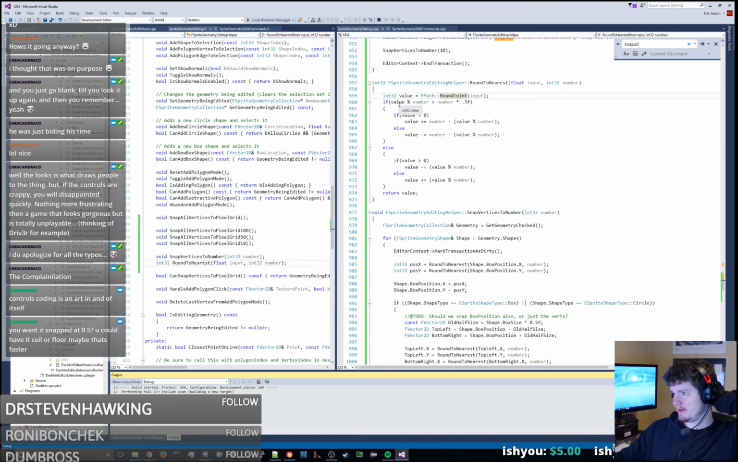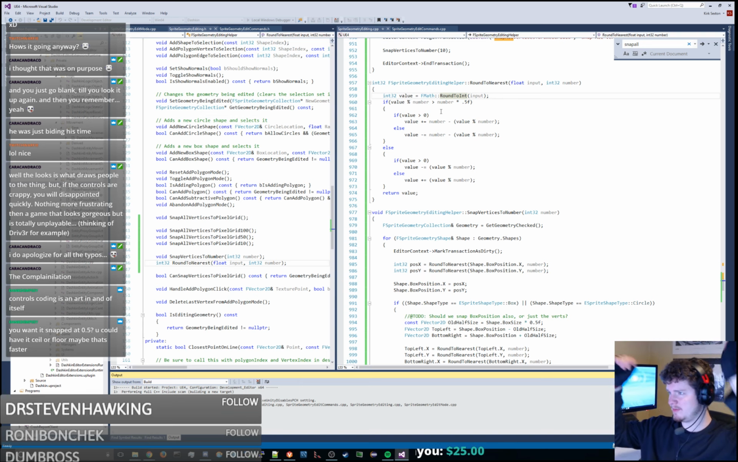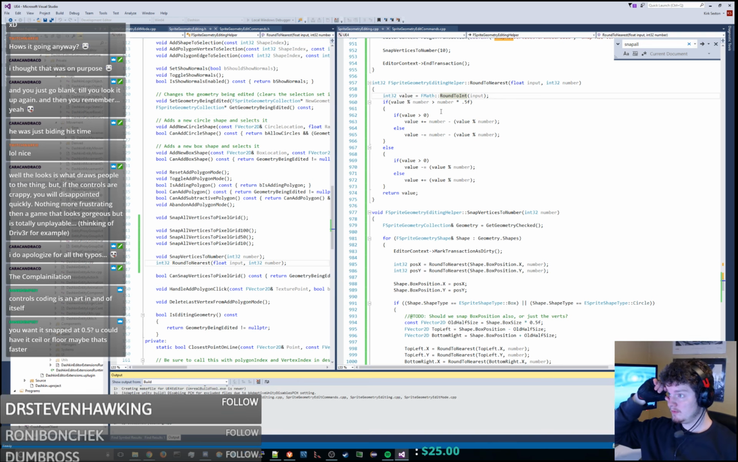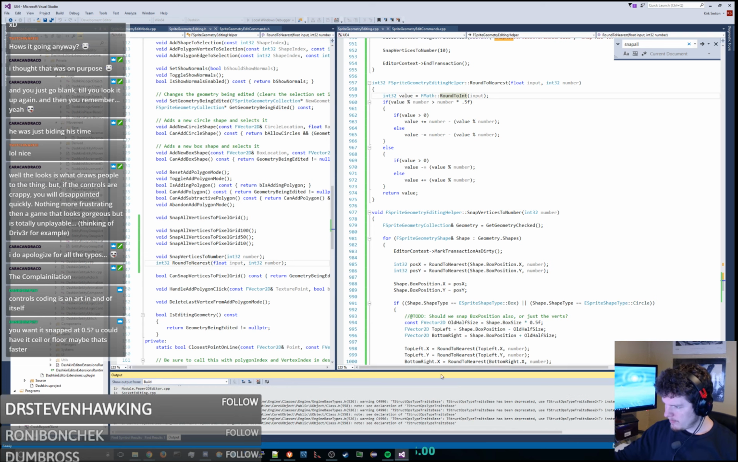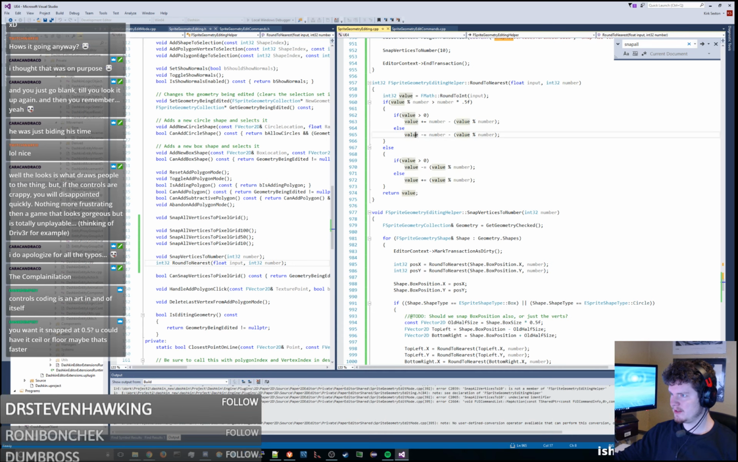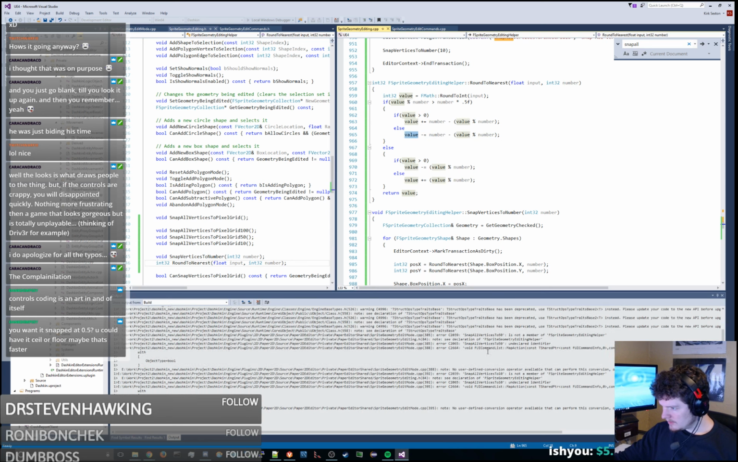Like, if the remainder is greater than half of the number, then we will check if the value is greater than 0. If it's greater than 0, we're going to add the number minus the remainder. So that'll take us from like 6 to 10, because that would be 10 minus 6, which would be 4. Otherwise, we are going to subtract that value, because that would take us from like a negative 40 to a, let's see,